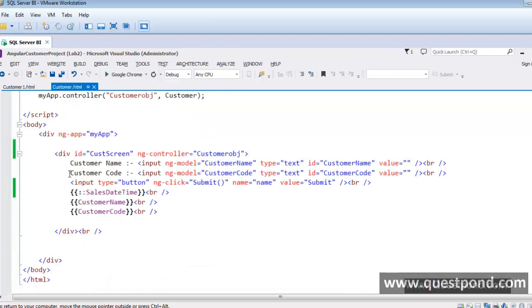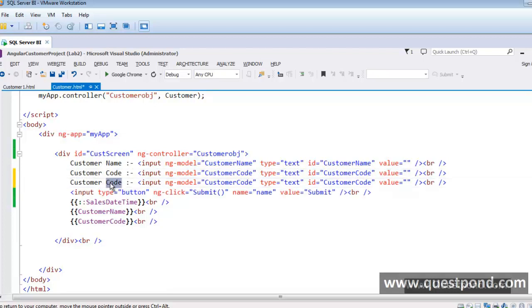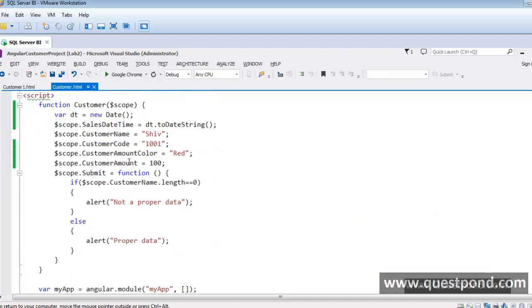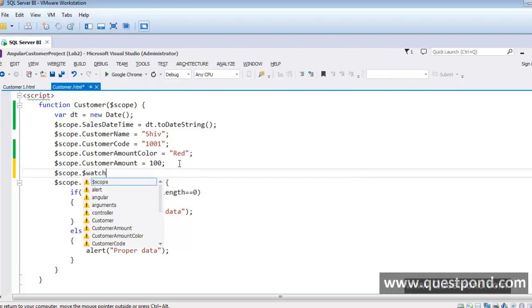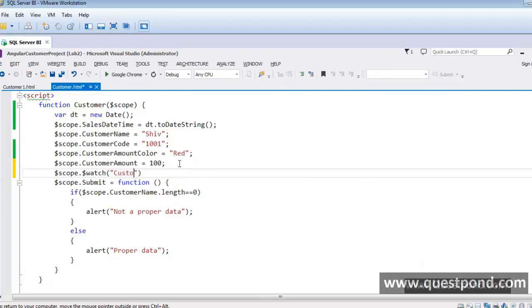So let me give the ability to the end user to type the customer amount. You can see here I'm binding the customer amount field. So the customer amount property is now bound. What we can do here is put a watch on this customer amount. So we can say $scope.$watch. What do you want to watch? I want to watch this customer amount. When this customer amount changes, I would like to do something. So now I can say comma function,